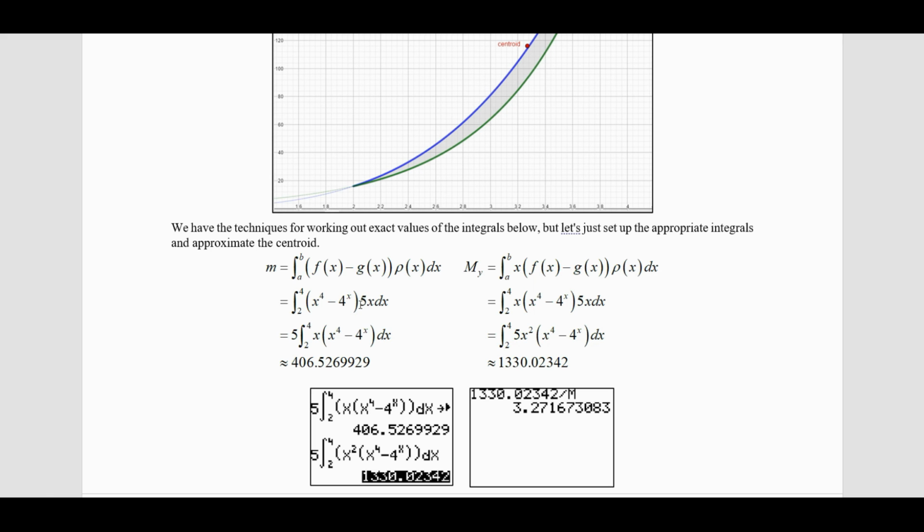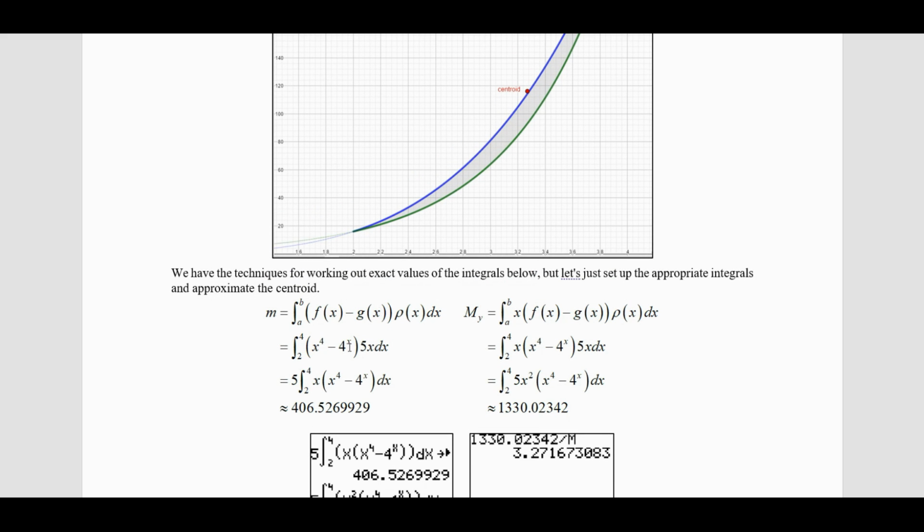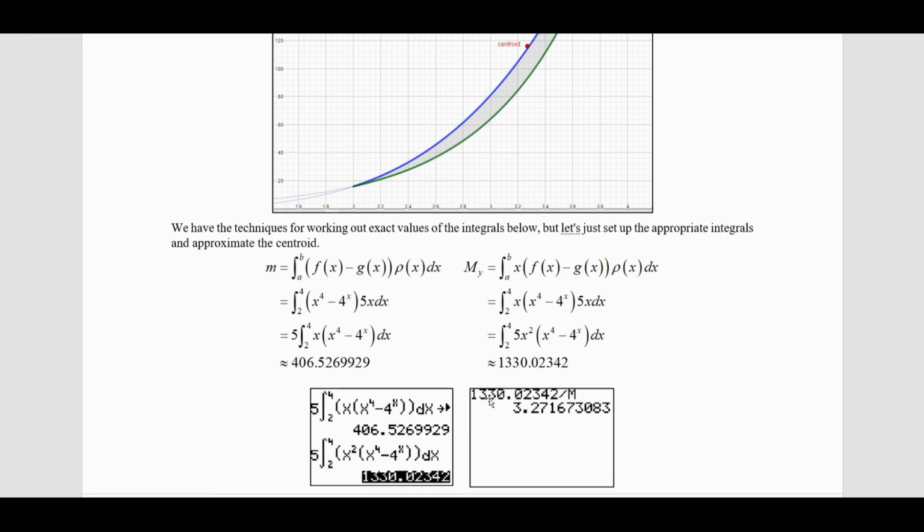The 5 I brought up front, the x I can bring out here, I can distribute or just leave it like this. But anyway, at some point I'm going to put that in a calculator, which is what I did here. And I got an approximate answer of 406.5 and some more. The moment about y is take that same function and just multiply by another x. So we got a 5x here and an x here, gives us a 5x squared. So all I did is I went back here and changed that x to an x squared, and there's the moment. When I found the mass, I stored it as m, so once I have this answer, I divide it by m to get the x bar,